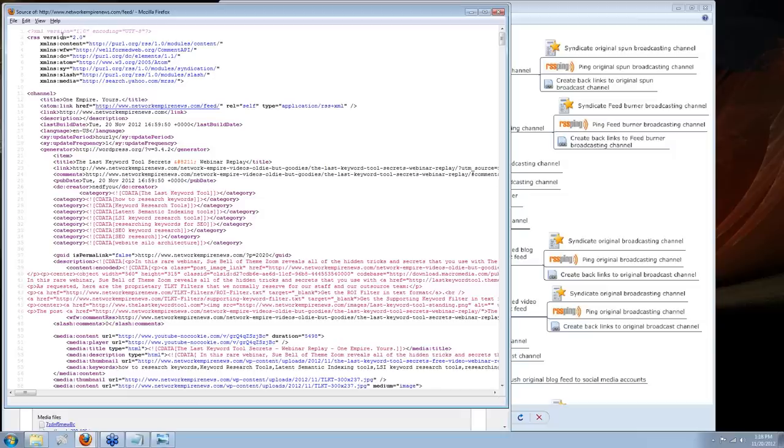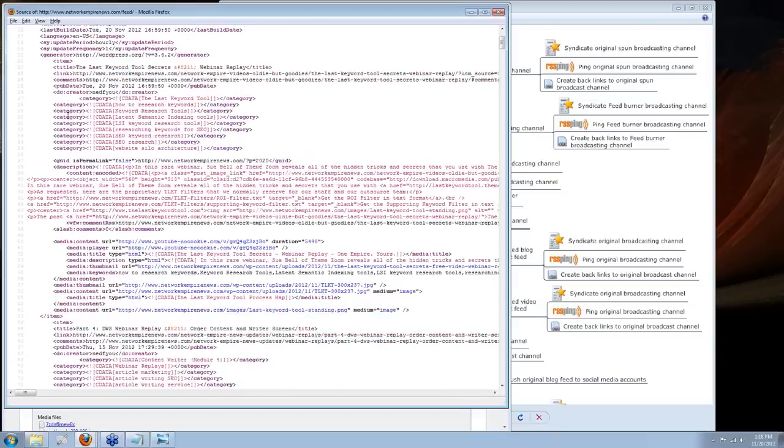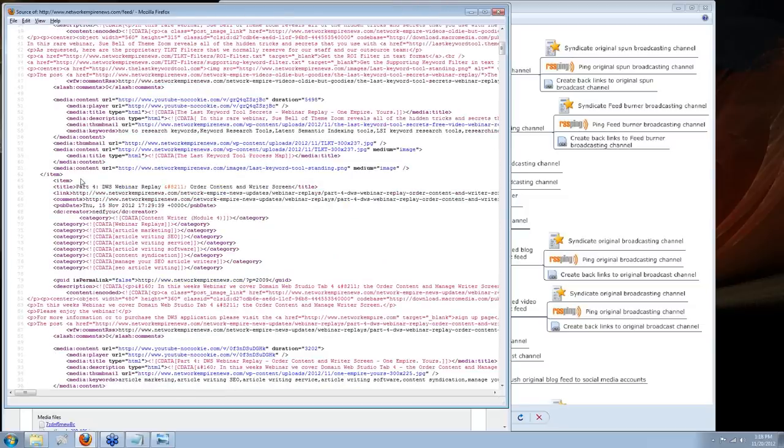You can see that it starts off saying XML, and it's got the version information, and then it's got the channel information, and that's the information about this site. And then if we come down a little bit further, it's got the item information, and so then this is the first blog post, and this is the text, and here's media content, those are the media inclusions, and then it's got /item, which is the end of the item, and then the beginning of the next item. So that's kind of a quick and dirty look at XML and what it looks like,